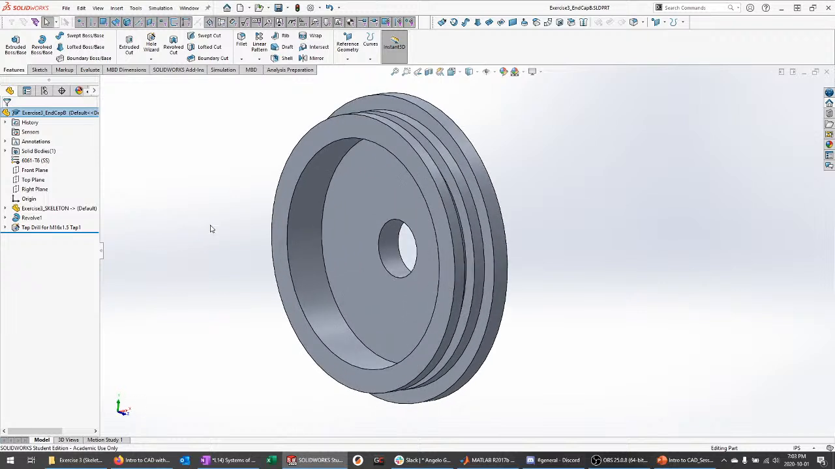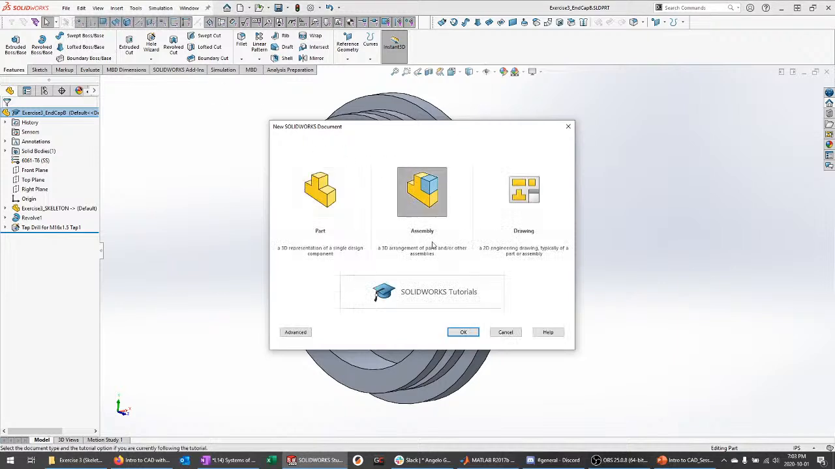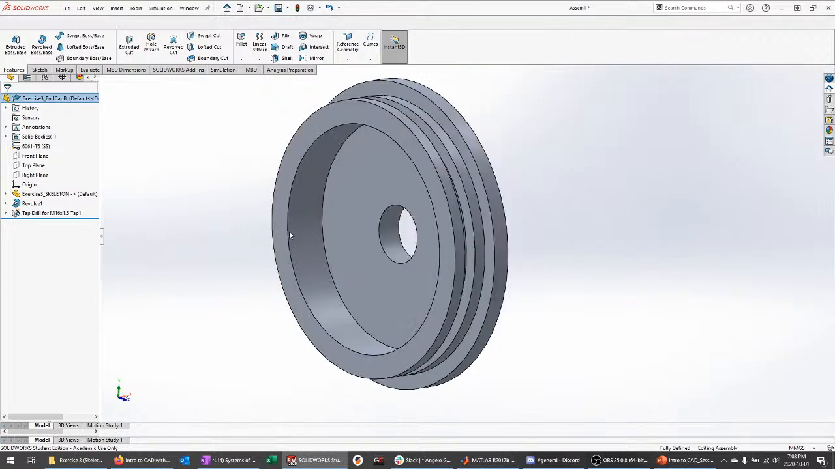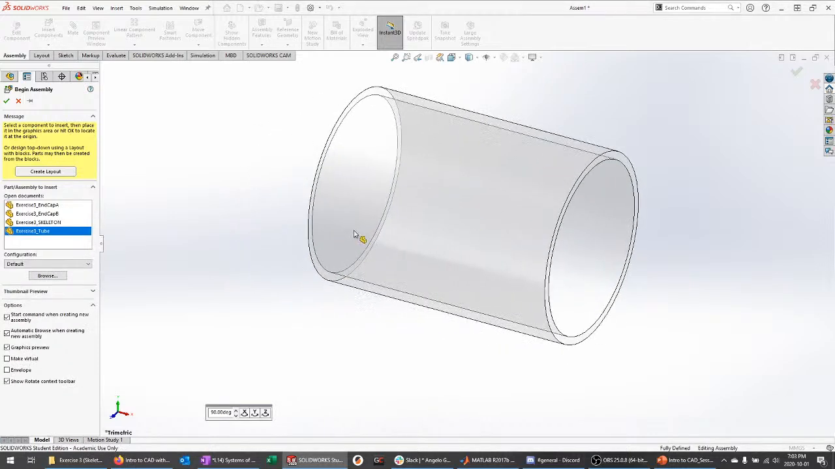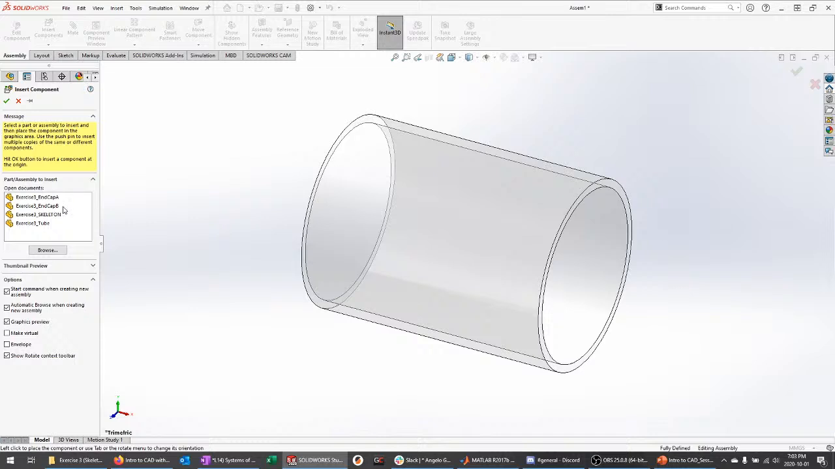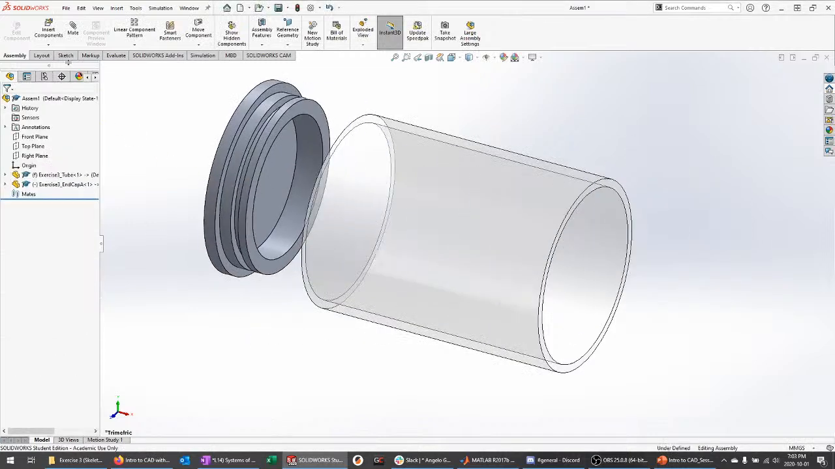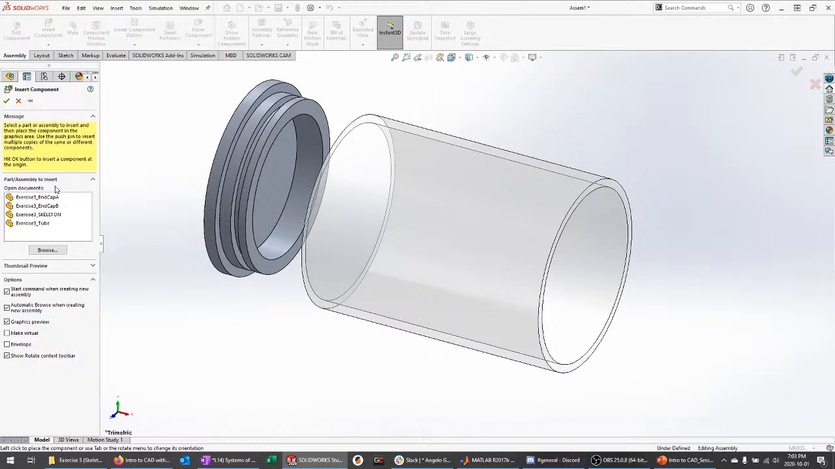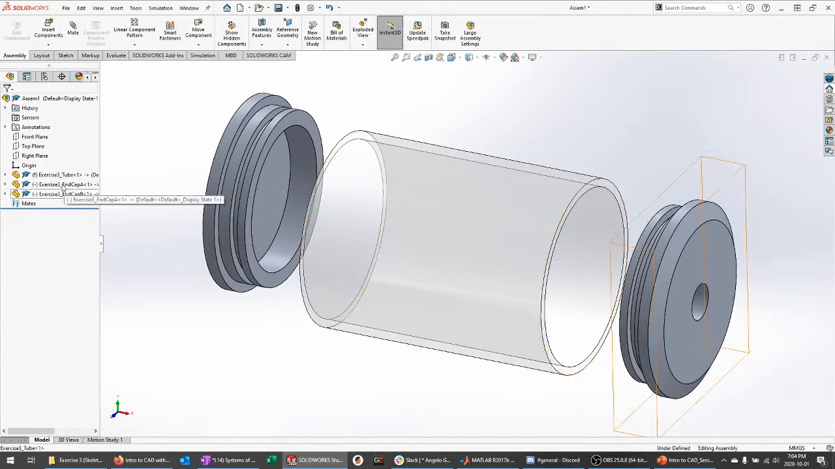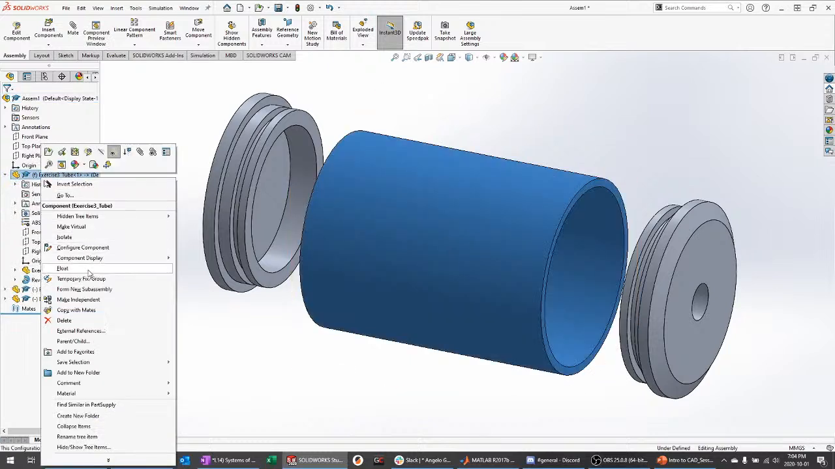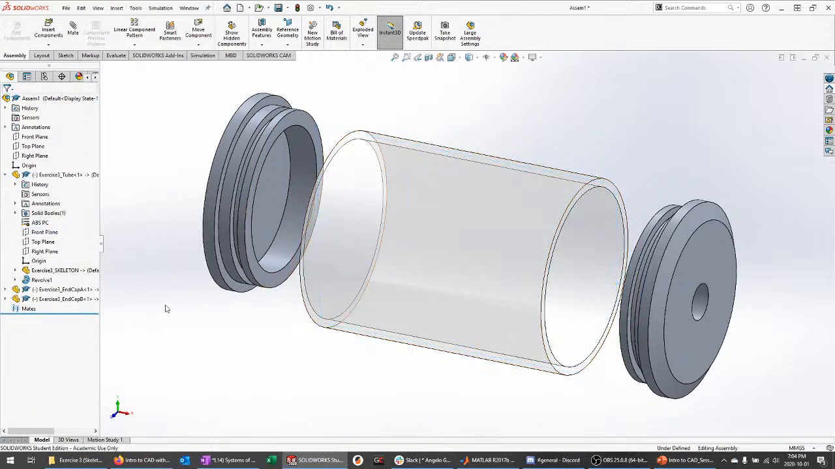So now we've created our 3 parts. Now let's assemble them. Going to go to File, New, Assembly. And I'm going to go ahead and insert all of the parts we've made. Cool. And then to constrain these, as we showed you guys in session 2, I'm just going to go ahead and